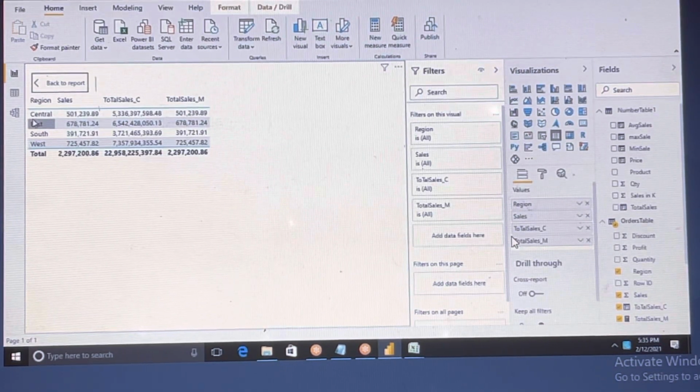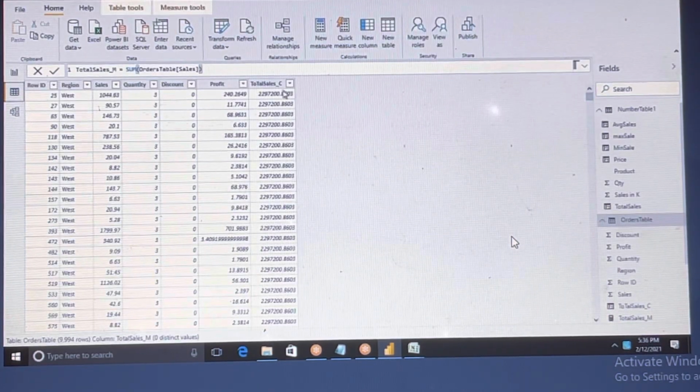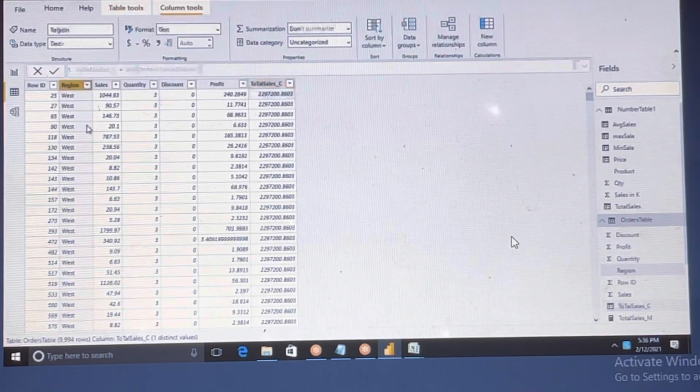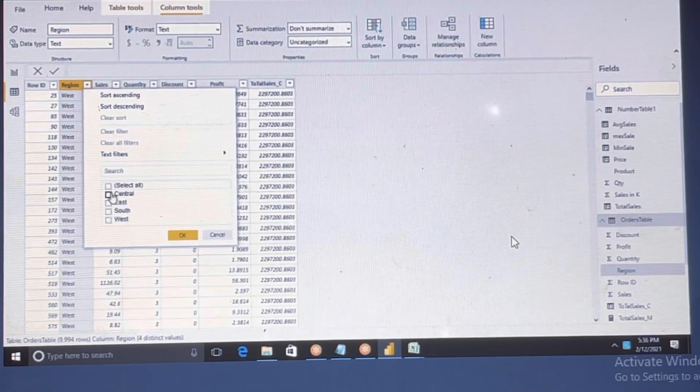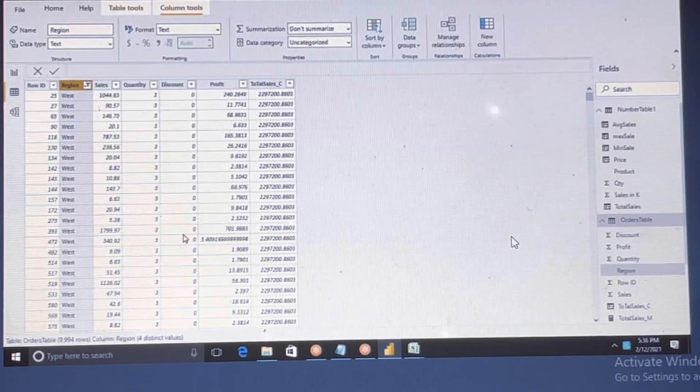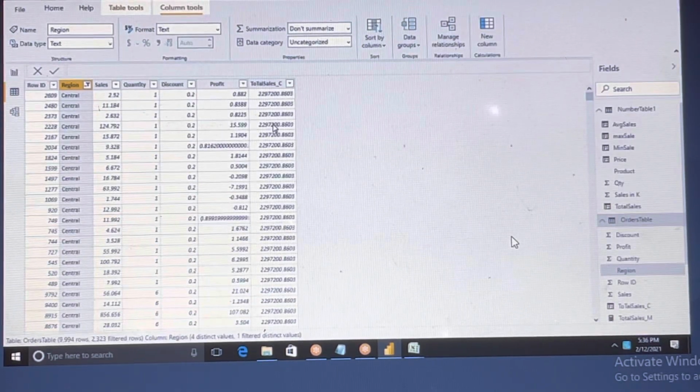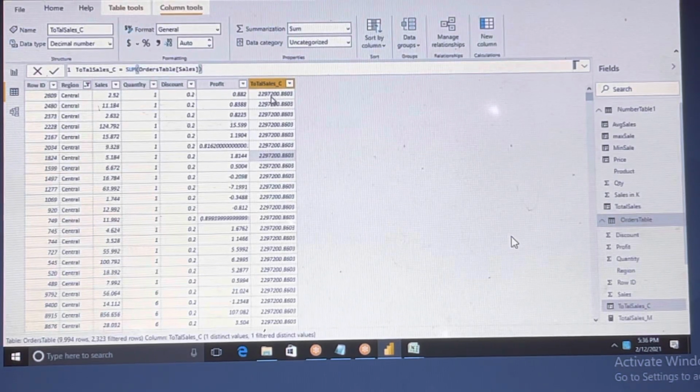Observe here, central region. When I go here, it is summing all, taking total sales. When you use the new column, then we are getting this total sales. Now again, based on the region, it is summing. Let me filter for central region only. For the overall central region, this is the one.